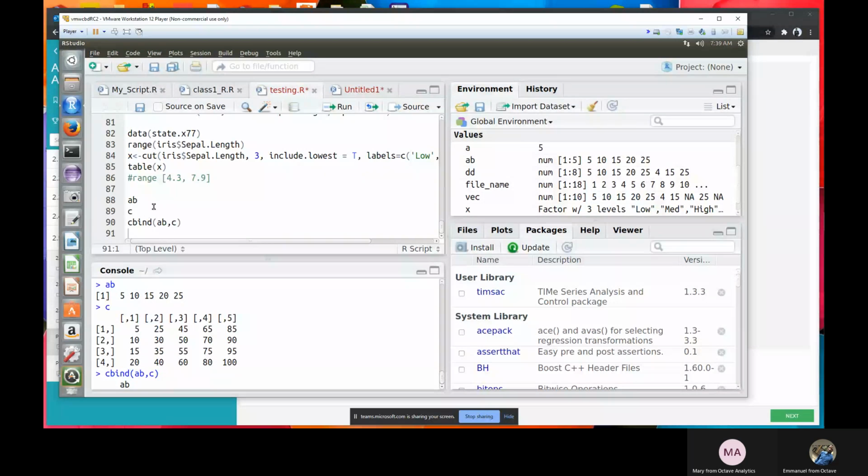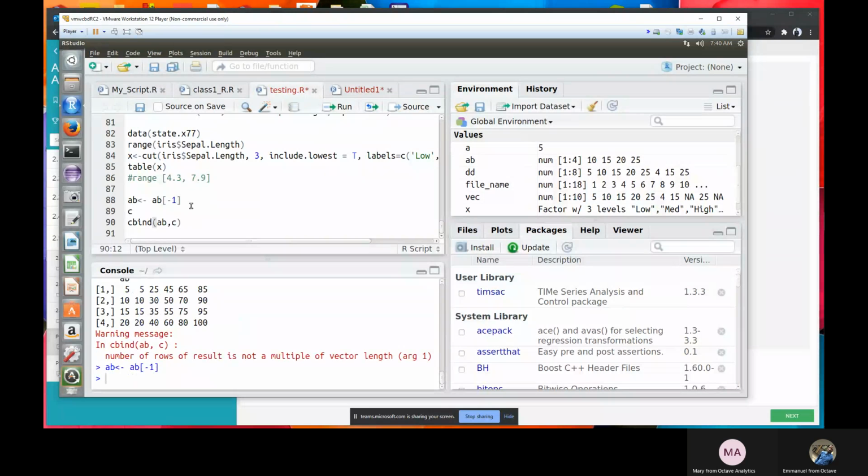So let me try and remove one value from AB, maybe the first value. Let me say AB is equal to AB excluding the first value, using -1.